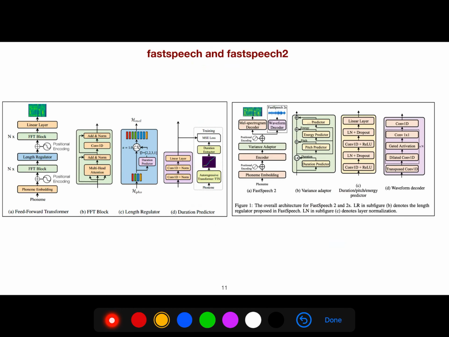And FastSpeech 2, which is the faster approach to FastSpeech, uses a variance adapter. For example, a woman has a high pitch, and men usually have a low pitch. Using these variables, you can also learn energy and duration in order to capture the voice correctly.